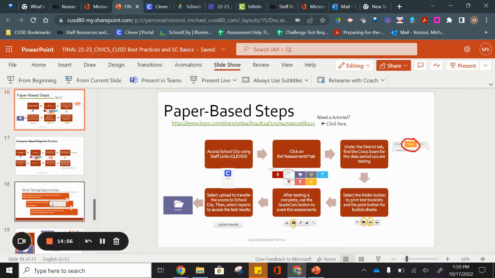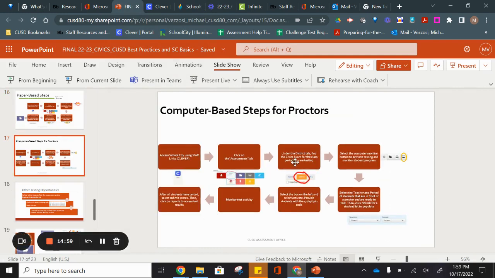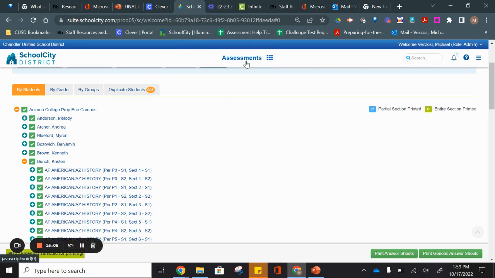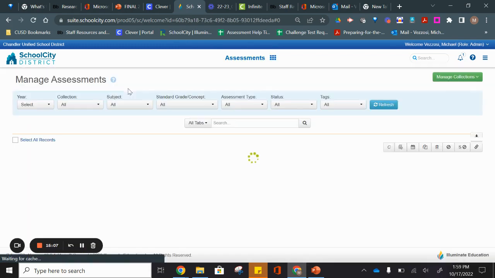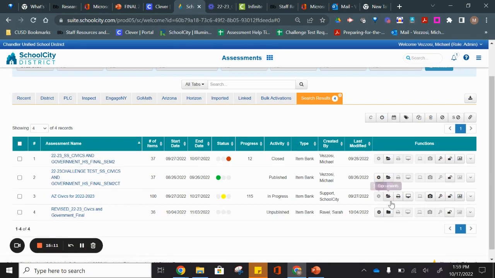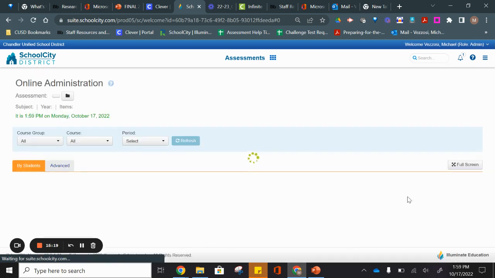However, once I've done the paper-based test, the other modality is the computer-based test. How do I do that? Well, you do the same process, except you're not going to print anything. So I'm going to go back to my main screen here where I found the CIVICS, and I'm going to toggle over to the online administration here, which is the computer icon. Once I hit that computer icon,